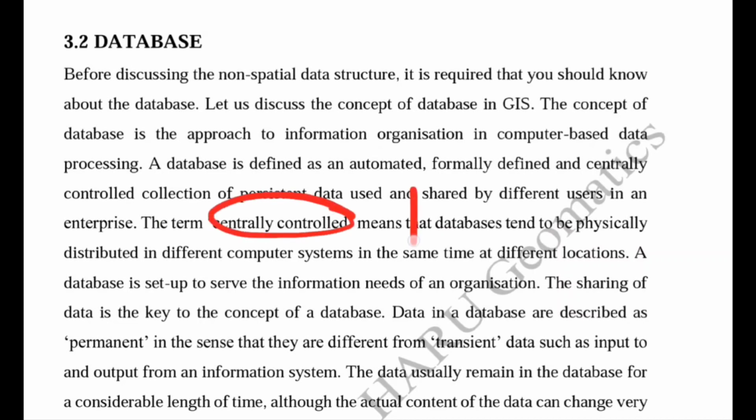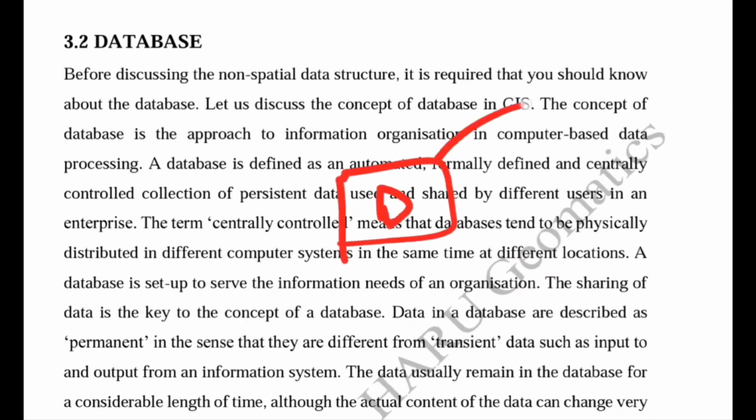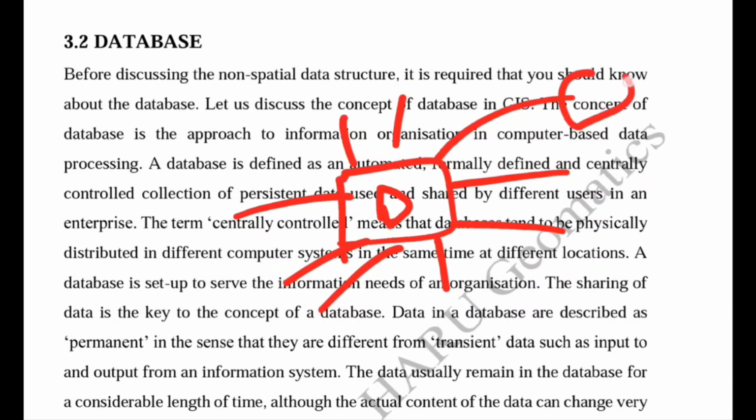It is collected centrally, means the database has a huge amount of data, and this data can be retrieved by many users on many computers. So on these computers, the data is not physically present, but they can retrieve data from the database and run that data and process it for the output in the GIS application.